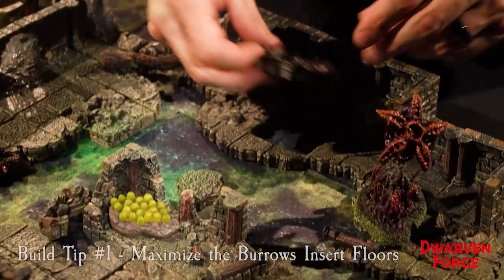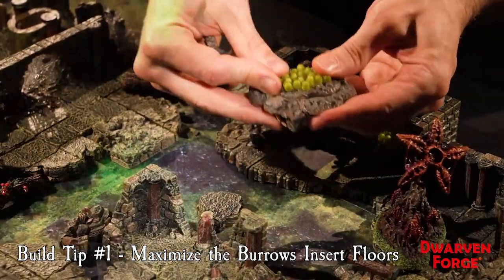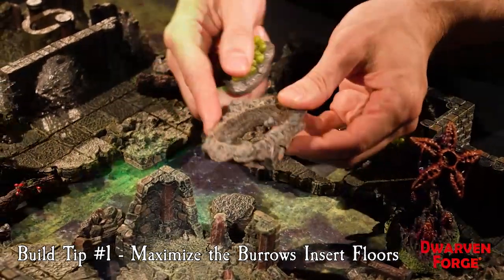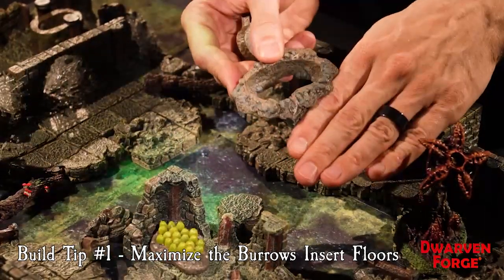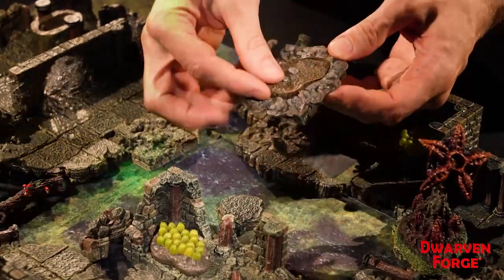So this floor is our Burrows insert floor, and the point of it is to let you take any of your insert pieces and put them in line with the floor. What's beautiful about it is, even though it's sculpted on the sides to be a dungeon piece, it works anywhere because the dirt covers anything. You can put this in line with your caverns, you can put it in line with your forest floors, you can put it in your dungeon, you can put it anywhere you want to pop in any of your insert